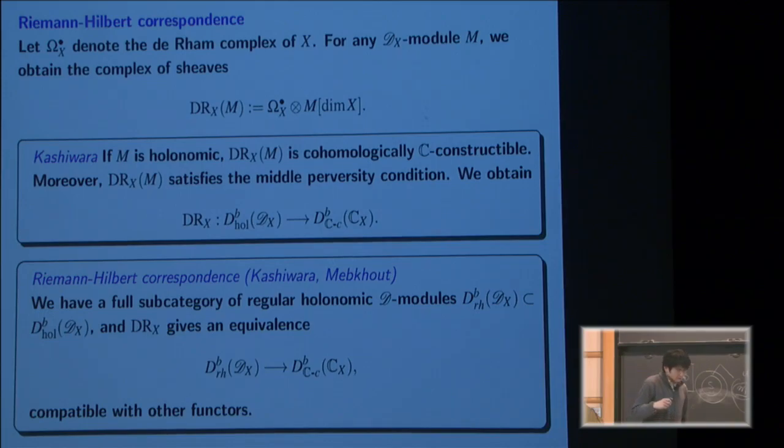Then let me mention some fundamental theorems in the study of D-modules, that is the Riemann-Hilbert correspondence. So by taking the tensor product of the de Rham complex and the D-module, and by shifting the degree by the dimension of X, we obtain a complex of sheaves called the de Rham complex of the D-module M. And according to Kashiwara,